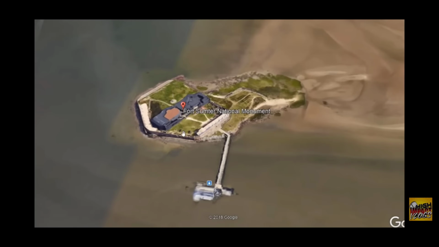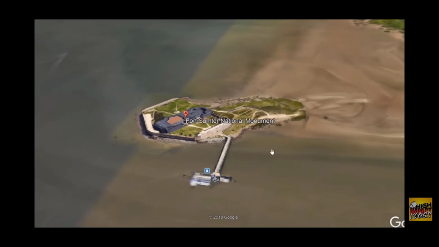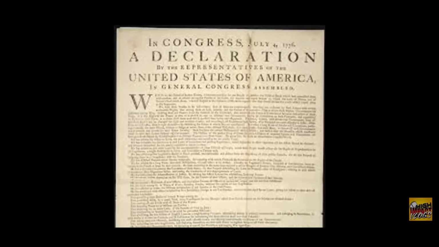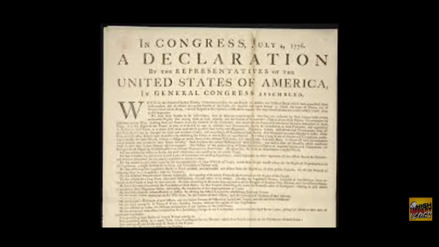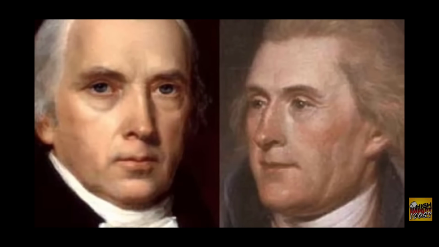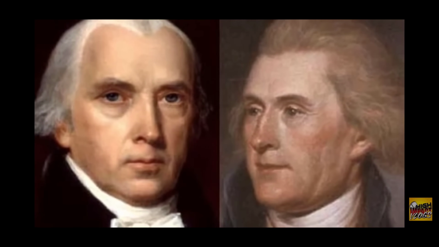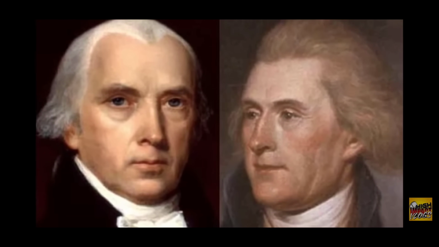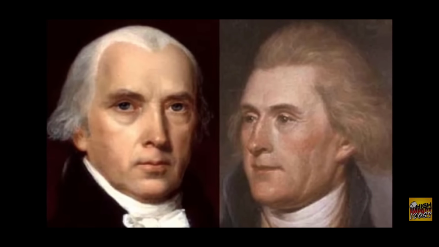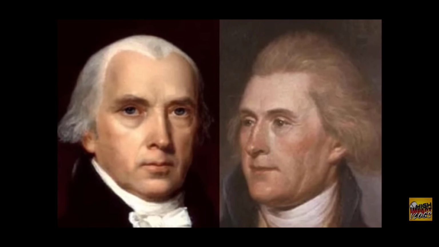Lincoln claimed that there was no right to secession, even though America was founded on a secessionist document known as the Declaration of Independence. James Madison and Thomas Jefferson authored resolutions for Kentucky and Virginia in 1798 that clearly support the founding philosophy of state sovereignty over the federal government.